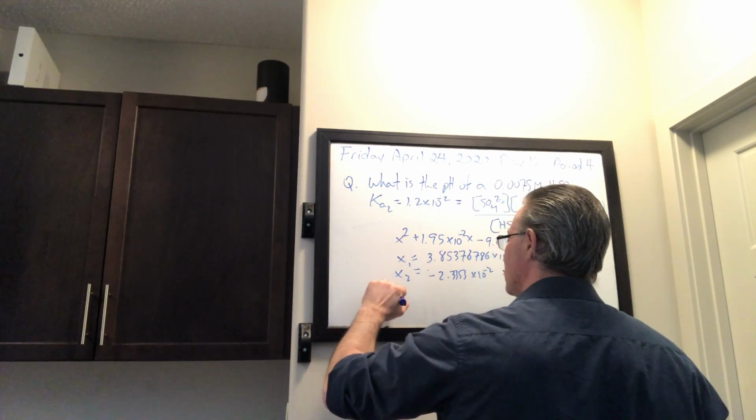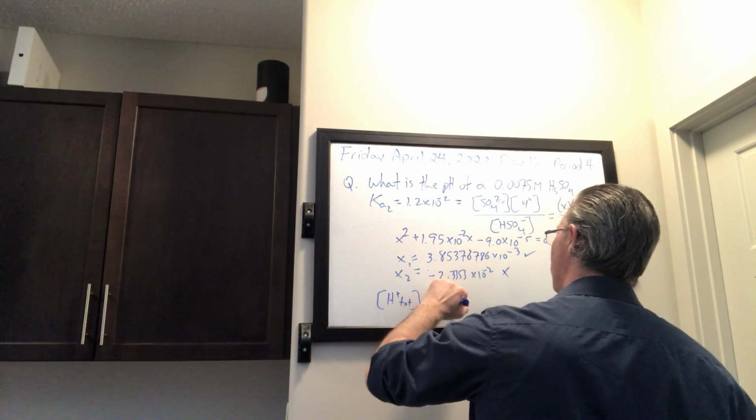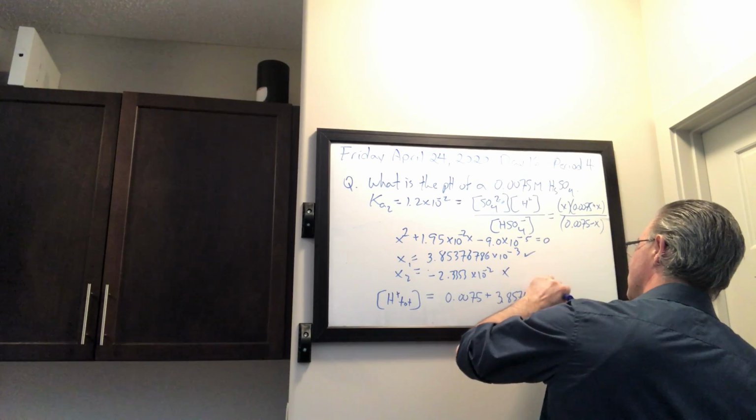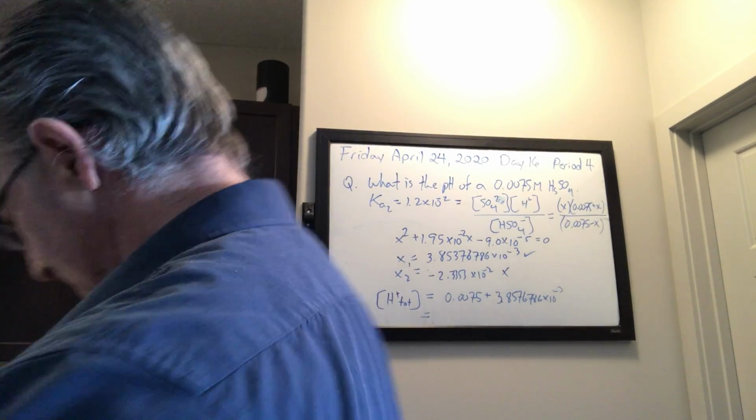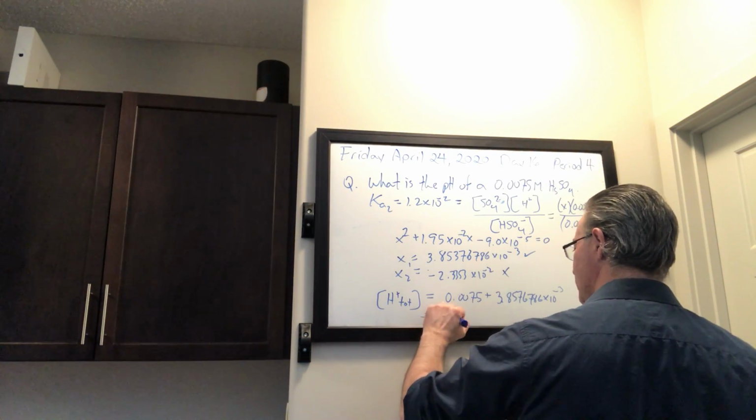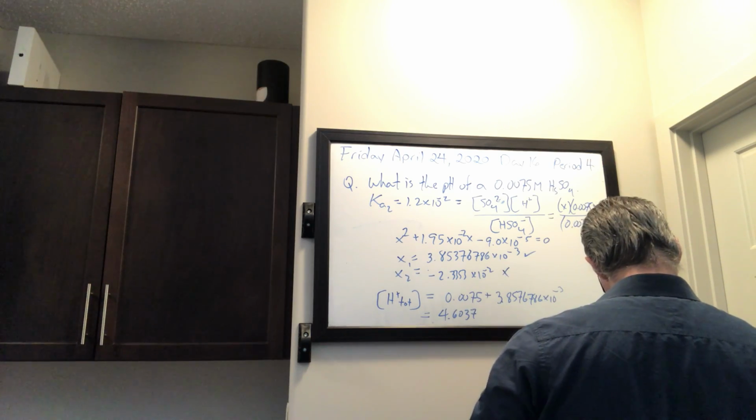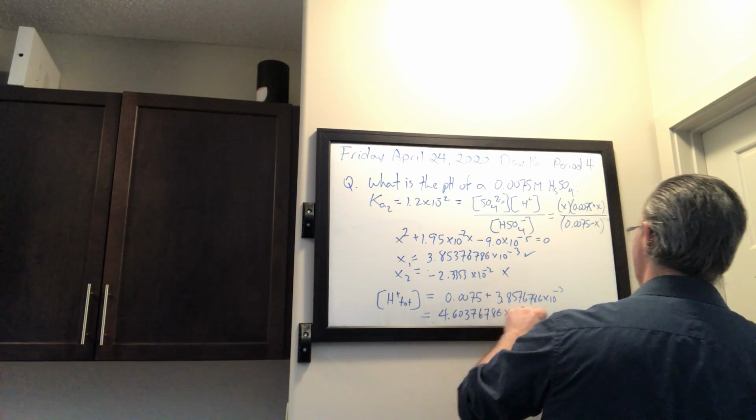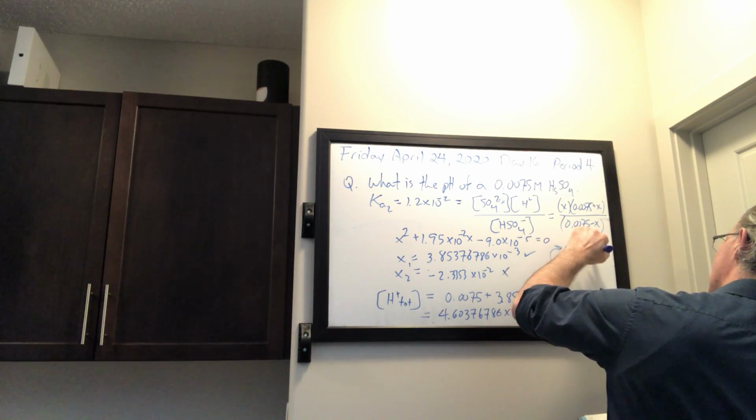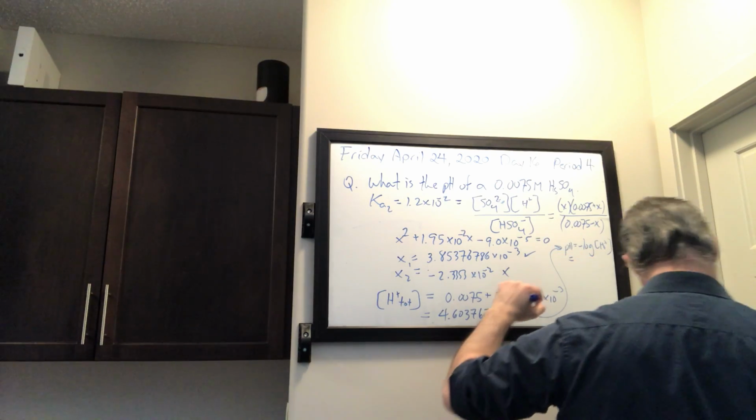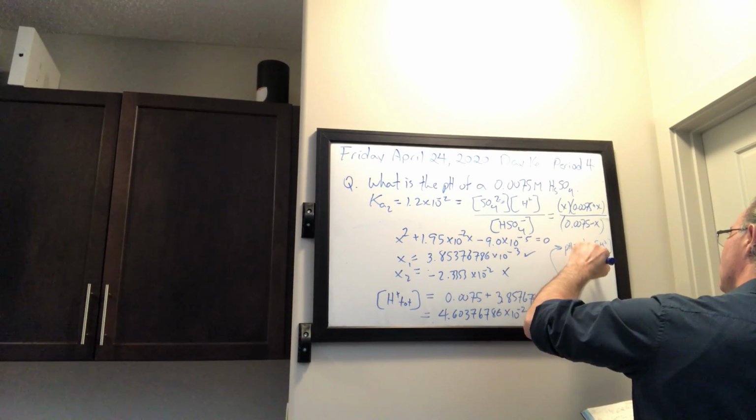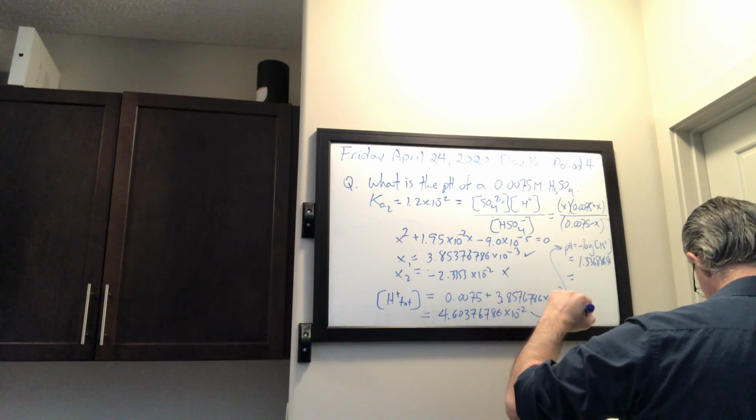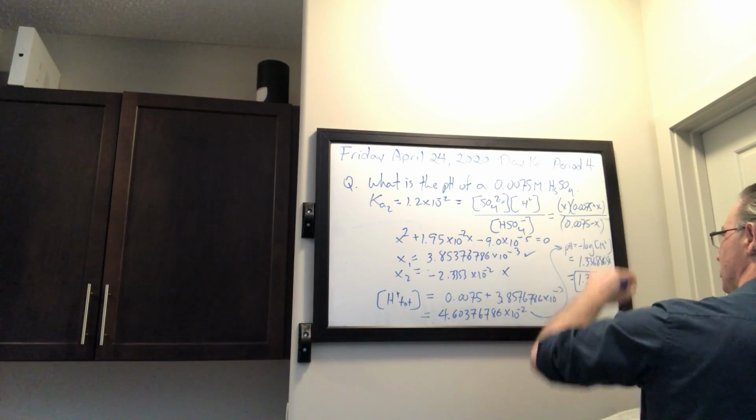So the H plus concentration total is going to be the 0.0075 plus this number, 3.85376786 times 10 to the minus 3. What that adds up to is 4.60376786 times 10 to the negative 2. So that gives you a pH, because pH is equal to negative log of H plus concentration, of 1.3368658. And you're only allowed 3 sig figs, so it comes out to 1.34. That's your pH from that